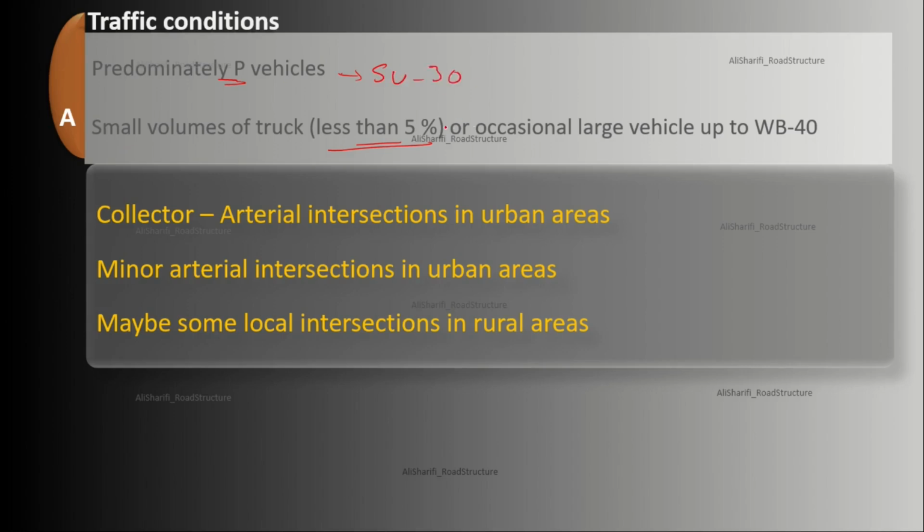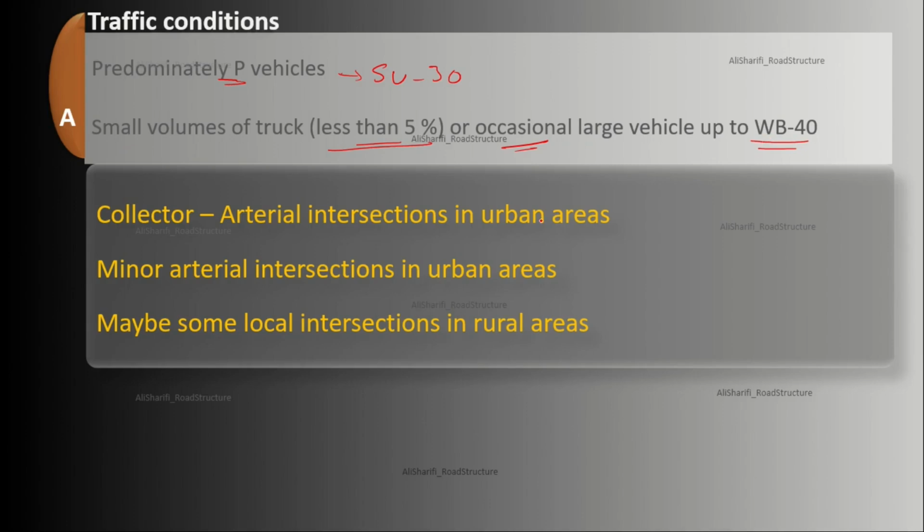So the widths under this traffic condition are still wide enough to accommodate occasional larger vehicles up to a WB-40. Yet these larger vehicles will have some difficulties passing the turning roadway due to the lesser clearances compared to